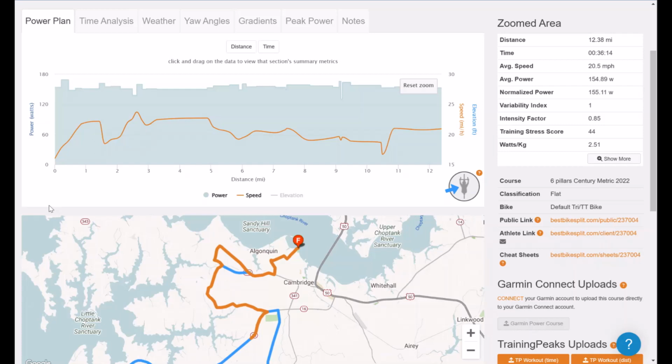I know this isn't a race, but let's be honest, everyone does like to race these events. So let's treat it like a race here. For these first couple of miles, you would do best to find your group, okay? If you can do that with a realistic level of effort, please do that. Of course, you can see there are a couple of power surges